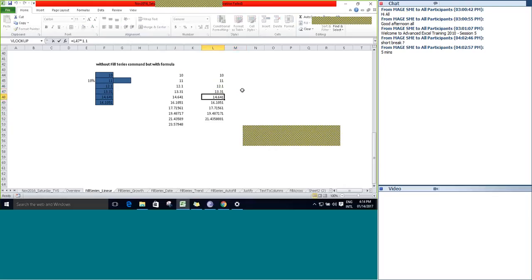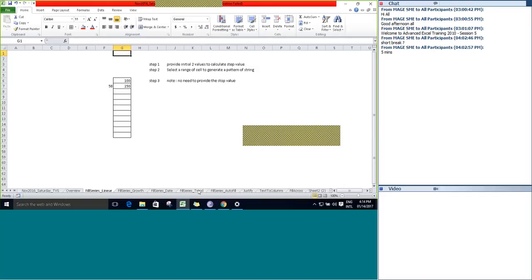It's going to be the same kind of value. I just gave it in terms of a percentage. Here we just multiplied with 1.1, right? So both are going to be the same kind of output. So let's go to the next concept here, fill series.